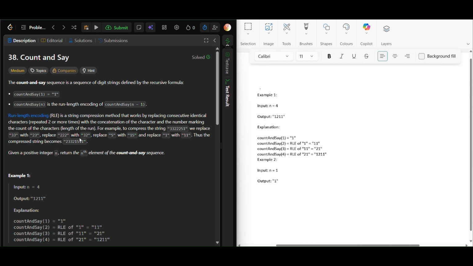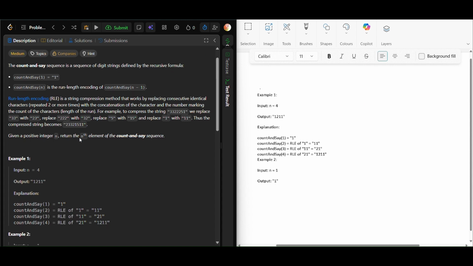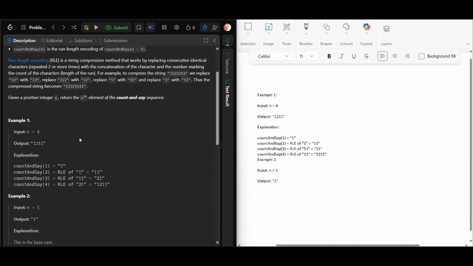Hello everyone. So today's problem is Count and Say, which is LeetCode 38. So what is count and say? Here they give some examples, like the input is n, and the output will be 1 1 2 1 1. But how will it be 1 2 1 1? Let's understand this one. Here, if n is 4, so what we have to do